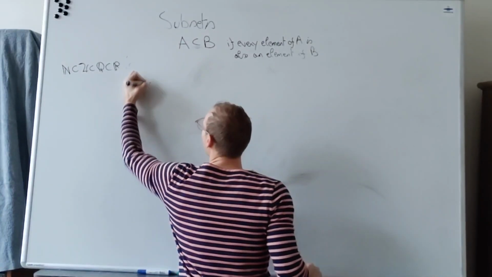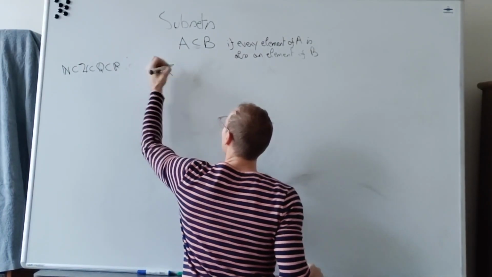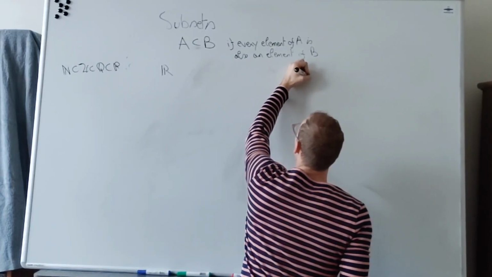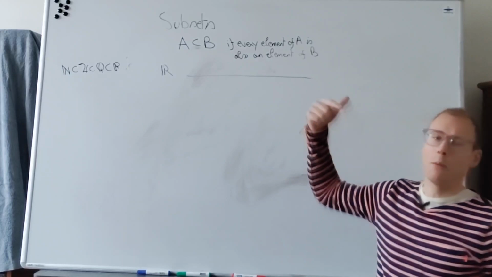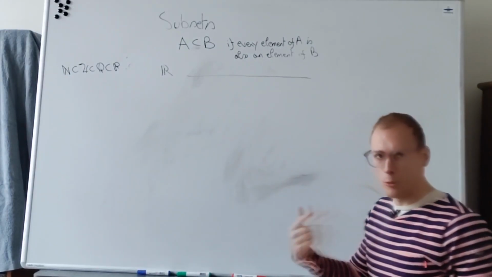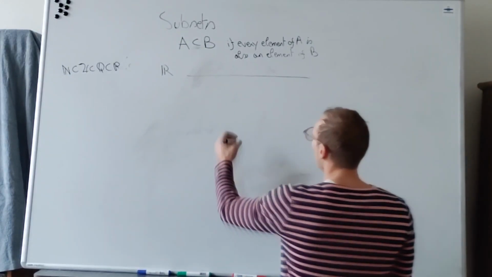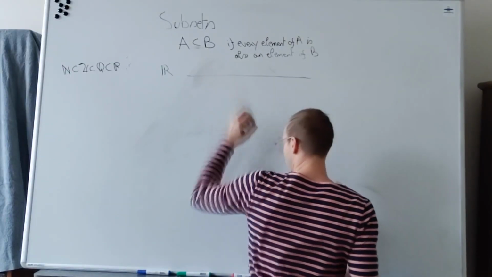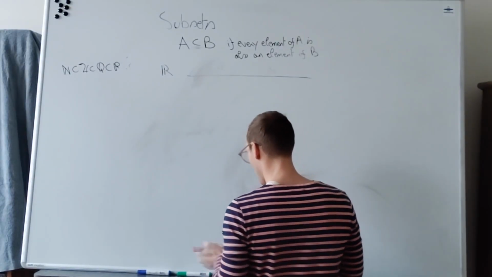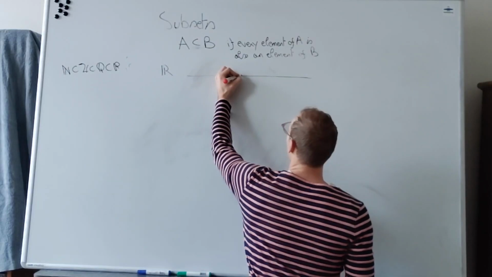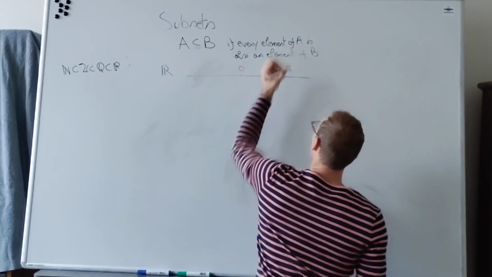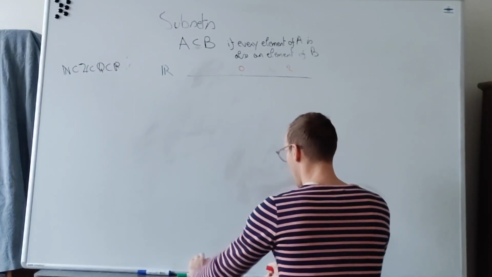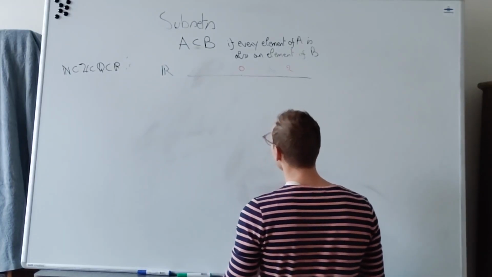You know that the real numbers, we can represent them on a line. Every point on the line corresponds to a real number and vice versa. For example, if I put here the element 0 and here the element 2, and I want to look at the set